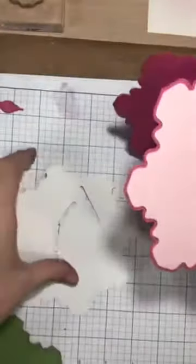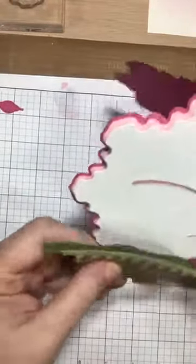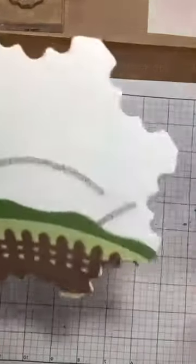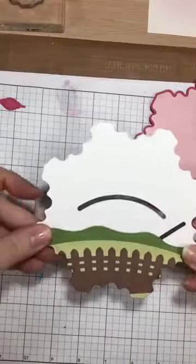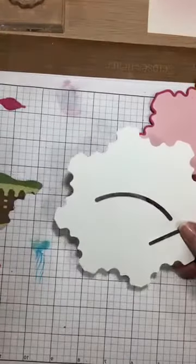So I'm going to go back to the card. Okay. Mess on my desk here. This Facebook Live doesn't give you very much space to work on, but I'm going to manage to fit it out. Okay. So this is where this goes. And then all I'm going to do, as you can see, now these match perfectly. See? We're going to use my Nuvo glue,